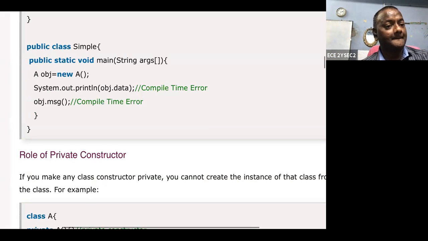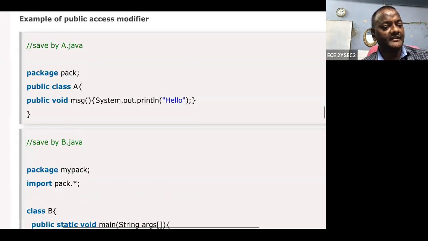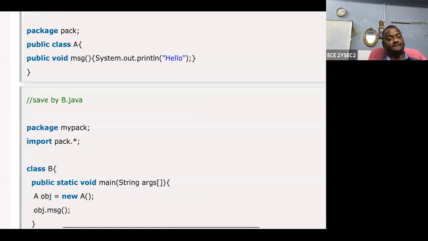So let us take, yes, this is called public. So please see this, this is public. So let us take what is the class? Public. Okay, so this class is public. There is another class, this is called class B. This is class A and this is class B. In class B, I am creating an object. What is the class? A object new.